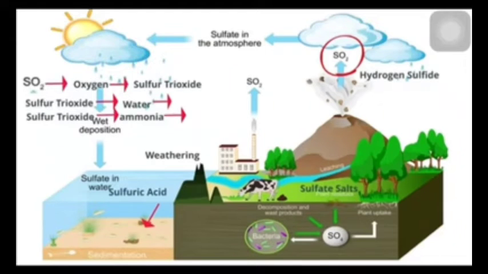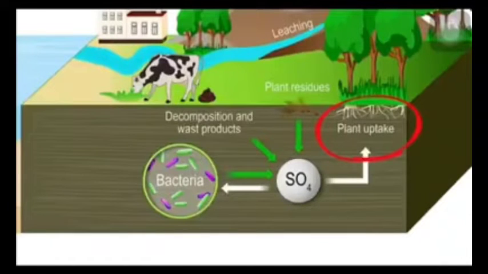The soil absorbs these sulfate salts, then plants absorb the sulfur by absorbing the sulfate salts from the soil. Animals get the sulfur by eating the plants, and the animals release sulfur when they decay. As animals decay, they release sulfate salts and hydrogen